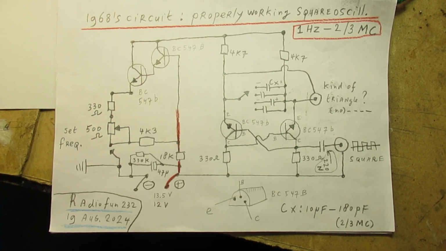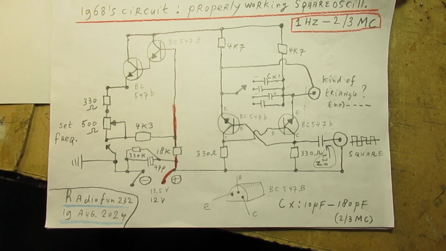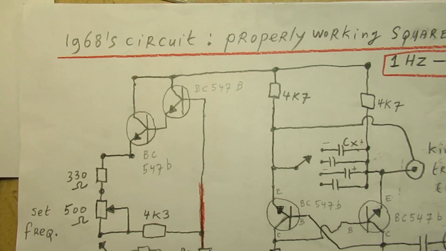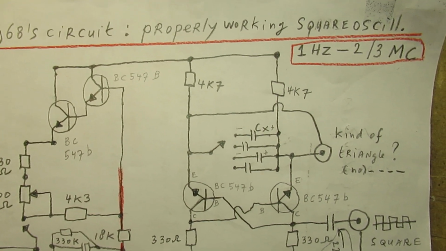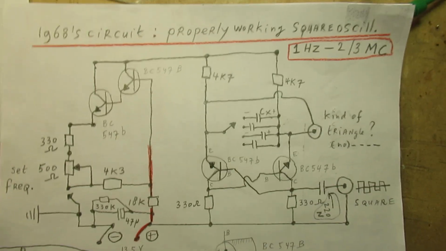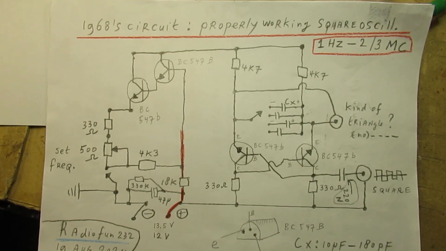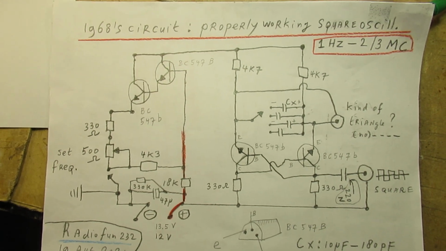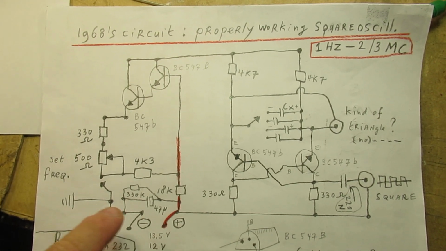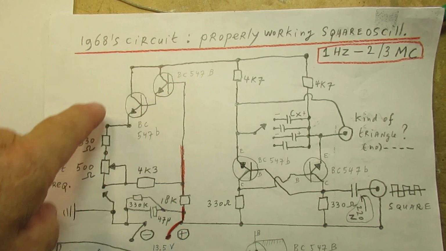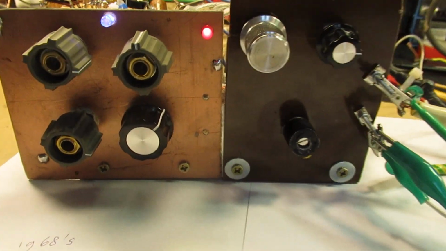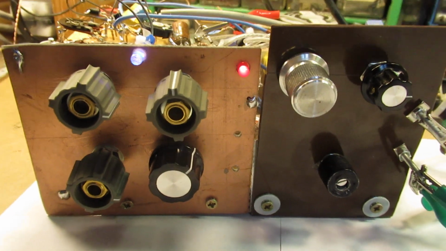On 19 August 2024 I was working on this circuit, and I told that it was a properly working square wave oscillator, and I was very interested in that circuit. But anyway, I want to give the link in the description. This is, by the way, the constant current source, but now I went further with that circuit and did a few adaptations,